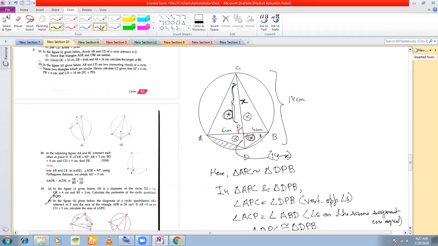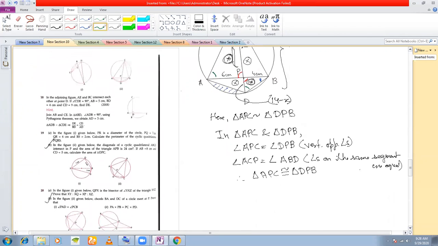And now we shall see which angles are equal. The blue angles are equal in the two triangles, the red angles are equal. Also the third angle that is left, that must also be equal. So these two green angles are also equal. Now we'll proceed to write what sides are proportional. So therefore sides are proportional.